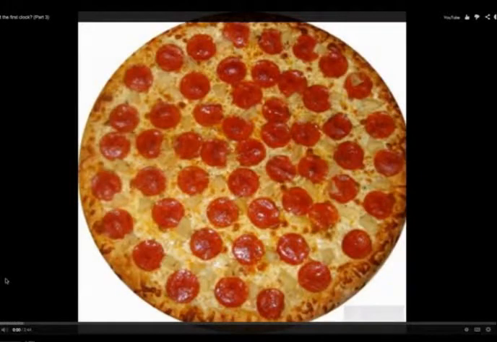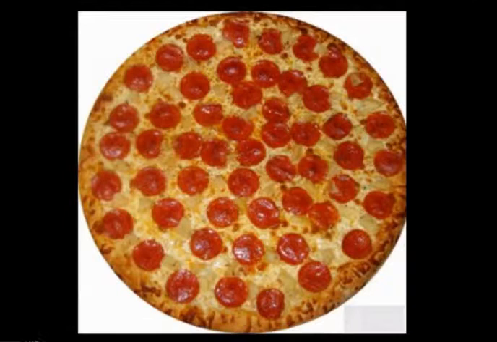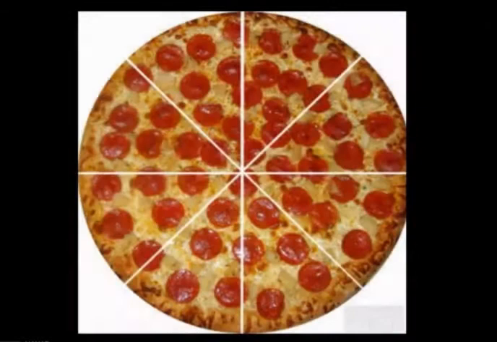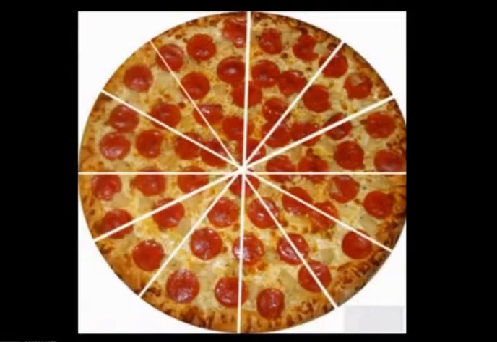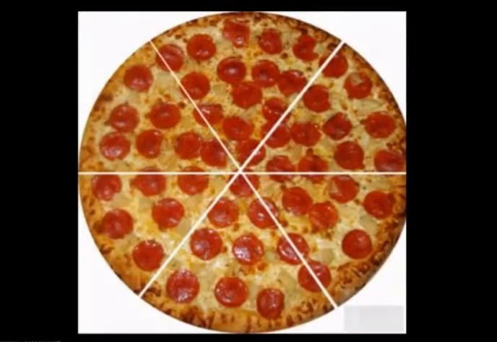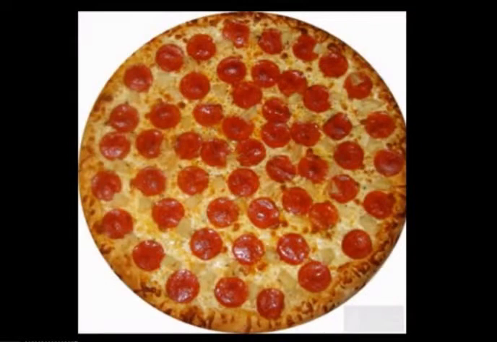We could have split it into a number of smaller parts. Just like if you have a pizza, you can cut a pizza into as many pieces as you want. 8 pieces, 12 pieces, 6 pieces. You choose, it could be any number. The same thing is true for a day. You could divide it into any number of pieces.